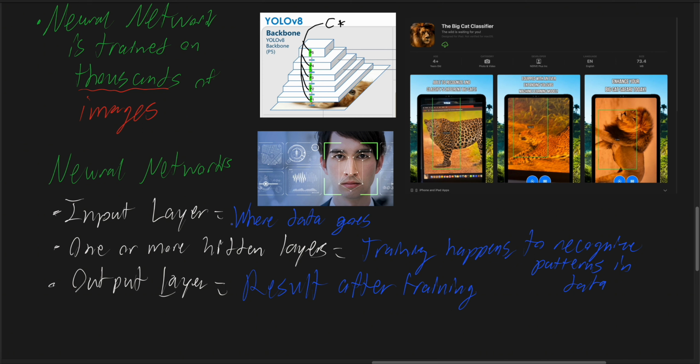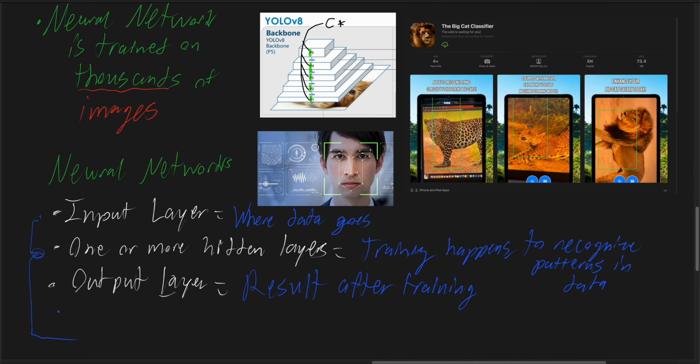So initially, the input layer receives an image as an array of pixels. This hidden layer then processes these pixels to identify patterns, shapes, and features such as eyes, noses, and lips, and each layer captures increasingly complex details, from single edges at the lower layers to high-level features like facial structures in the deeper layers, altogether in the faces. And then this process is made through the network's weighted connections,